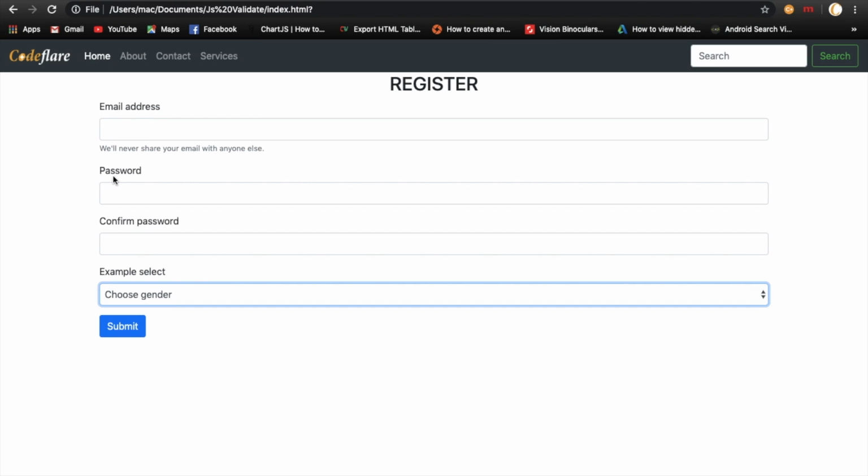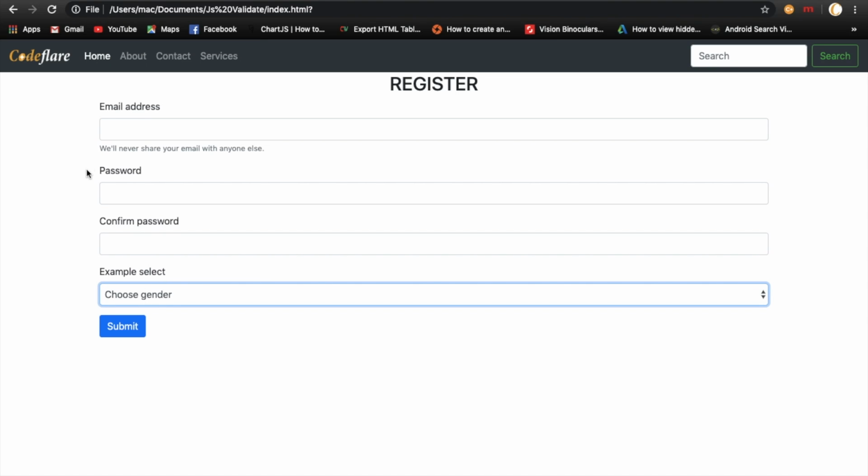Now the way this validation works is that when the page loads, this button should be disabled, and if these fields are empty, the button should also be disabled, and if the passwords do not match, the button should also be disabled, so that we can validate this form or give the user feedback as he's typing. We'll be using an event listener called onkeyup for the inputs and onchange for the select tag, so that the user can see immediate feedback whether the input is correct or not, especially for password and confirm password. These two values have to match for the form to be submitted to the